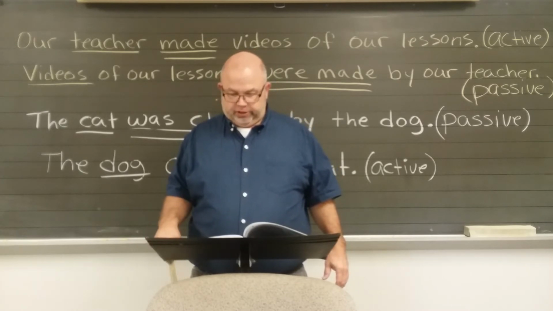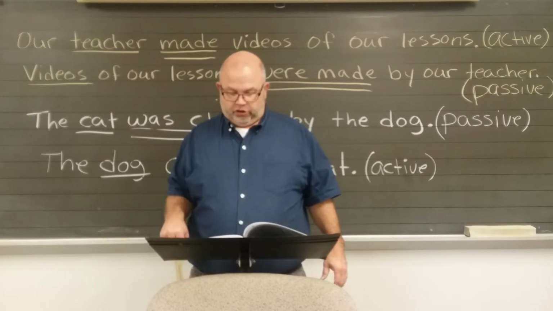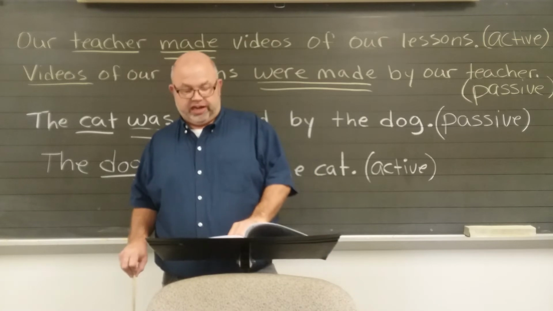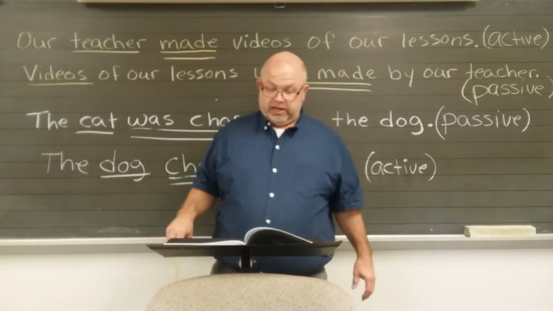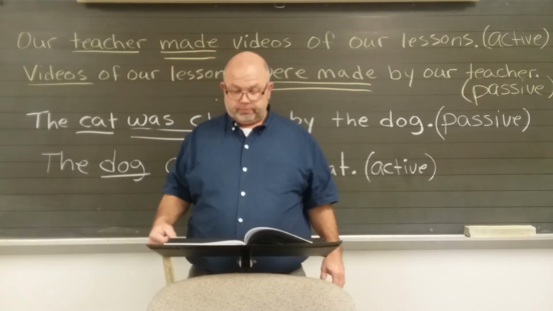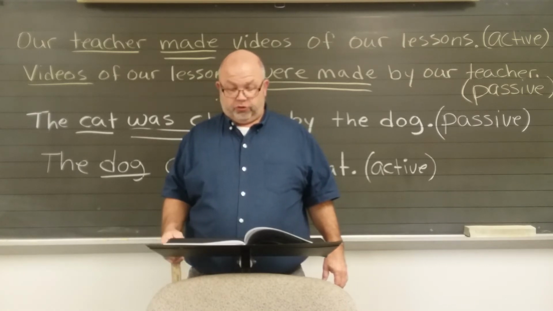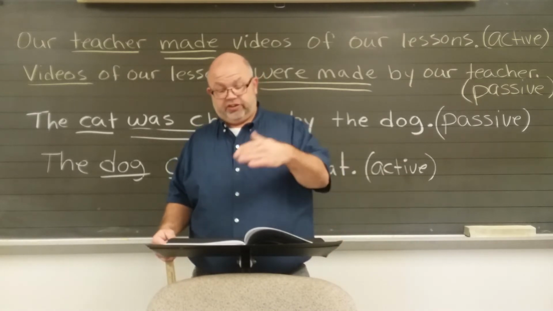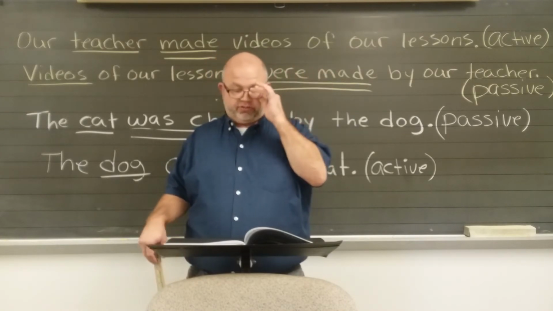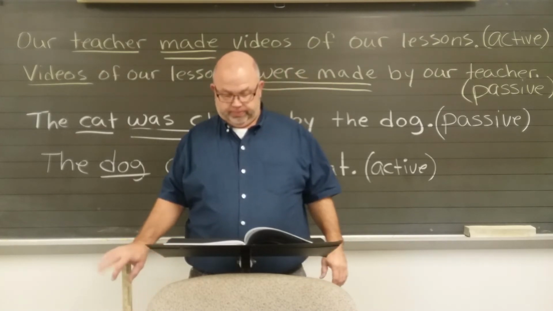Page 1 of your book, underline the gerund phrase, circle the gerunds. Look at number 1. Make sure you have the entire phrase that goes with the gerund. Number 1, underline the phrase. Loving your neighbor as yourself is the phrase, and then you circle loving as the gerund.